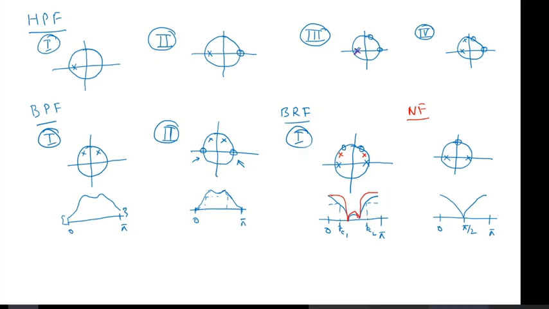Sir, in the rubber membrane concept, we actually design a filter without going into mathematical calculation. So how do we design? Sir, just by seeing the position of poles, by locating the poles, we design the filter. Okay. So what do we do with the poles? What do we consider? Sir, we place a rubber membrane, and we will place a pin at the position of the pole.